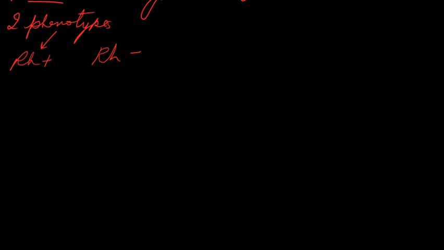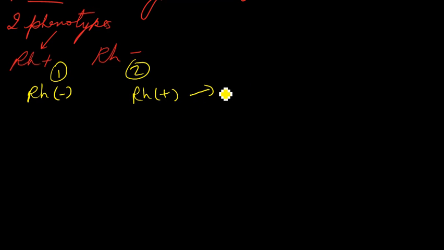First of all, if one parent is Rh negative and the second parent is Rh positive, then your child is definitely going to be Rh positive. So you only need one parent